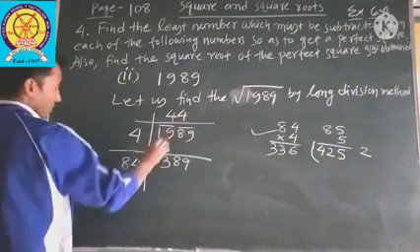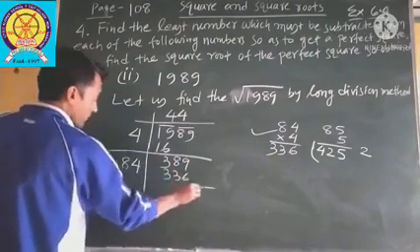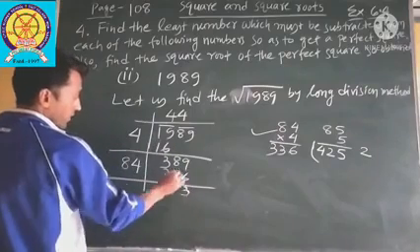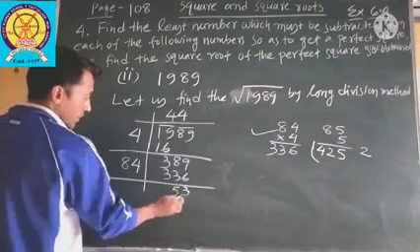4 4s are 16. 84 into 4, how much do we get? 336. Now you do subtract. 9 minus 6 is 3. 8 minus 3 is 5. 3 minus 3 is 0. So we get